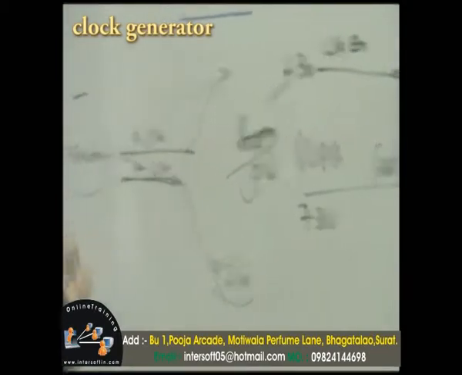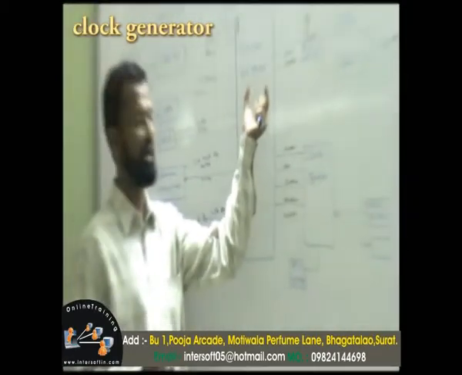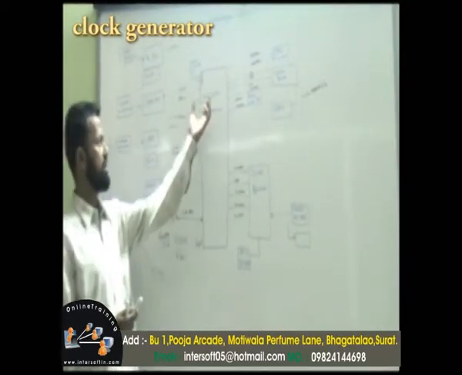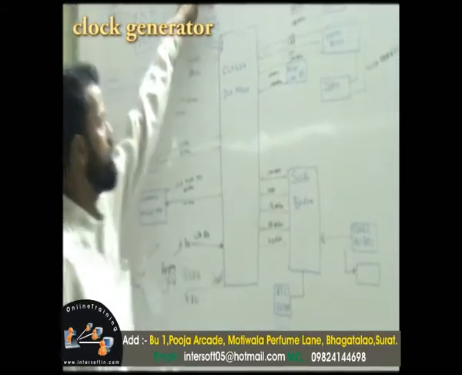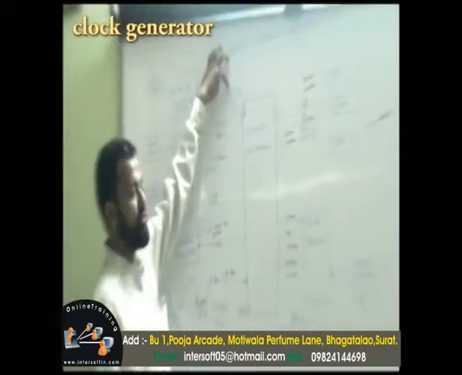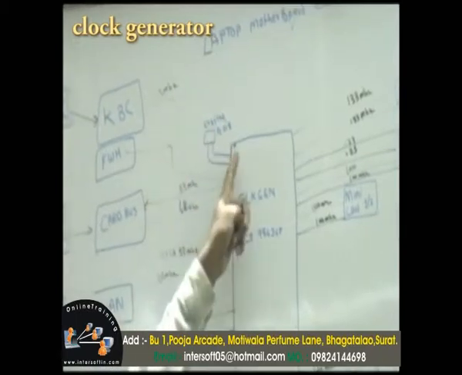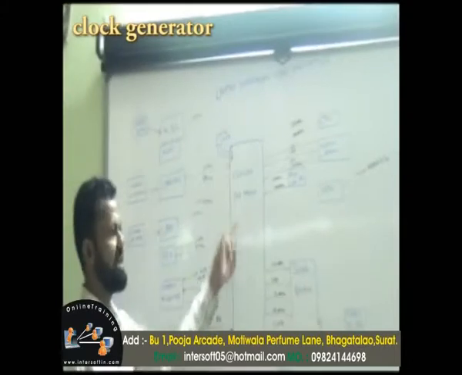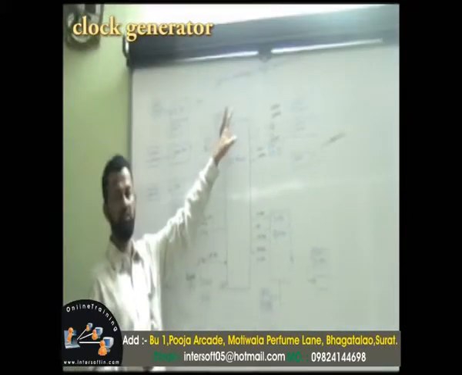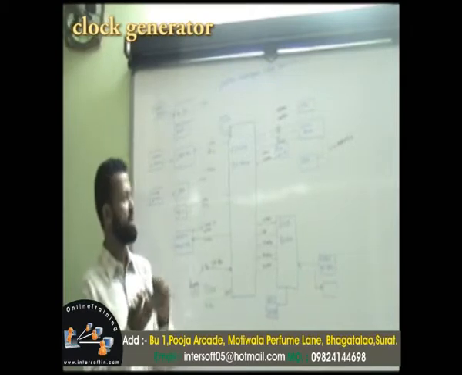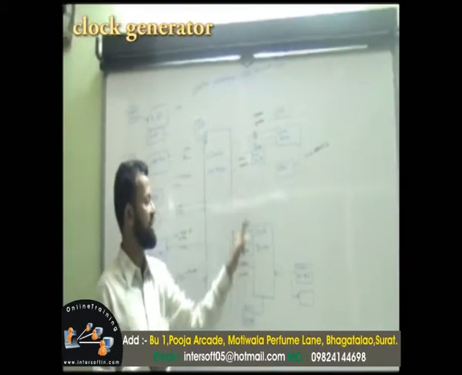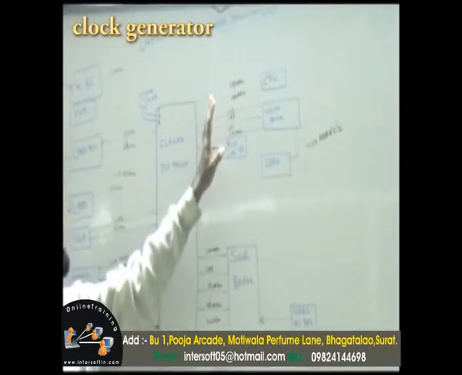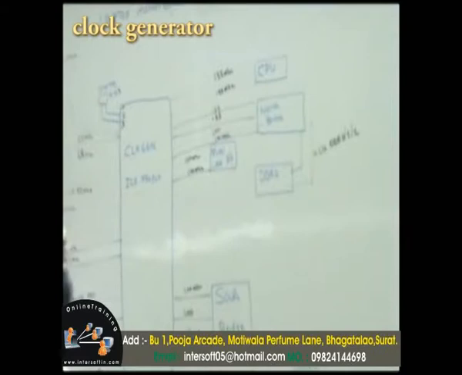To require the different clock signals, the clock generator will supply a different frequency to each IC and each component. So this is a clock generator IC. It requires a 14.318 crystal. The 14.318 crystal is connected with pin number 2 and pin number 3 of the clock generator chip. And this clock generator generates 100, 133, different megahertz frequencies from the 14.318, and supplies the different frequencies to different portions.